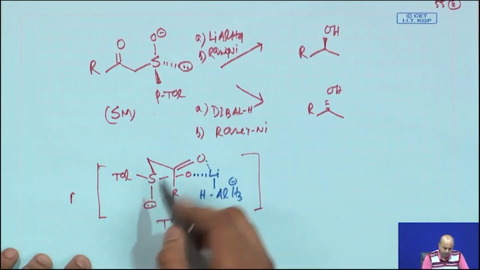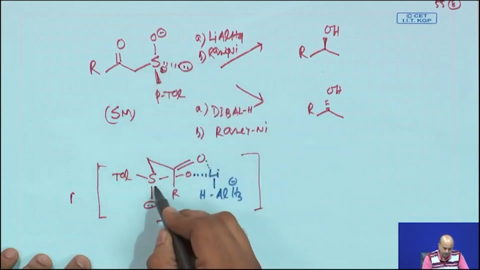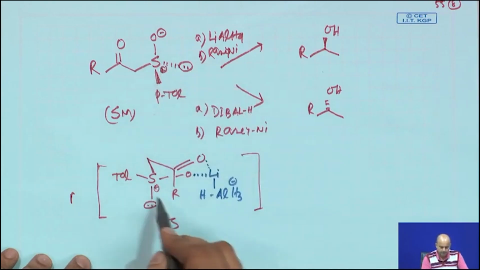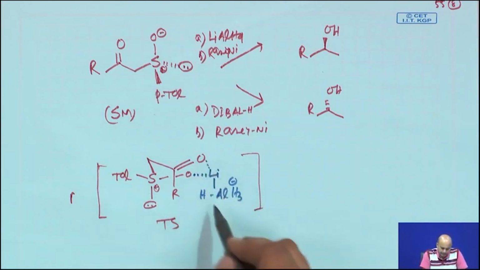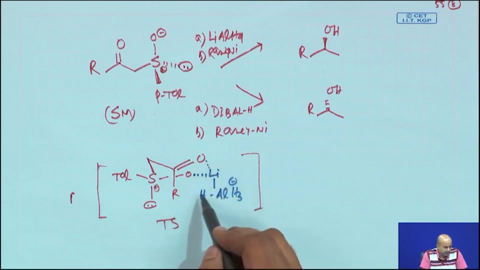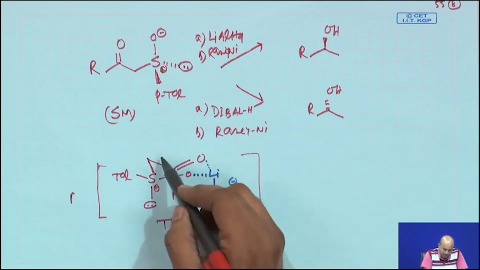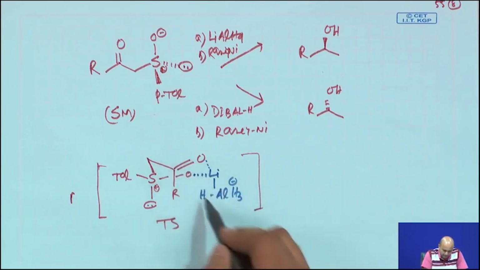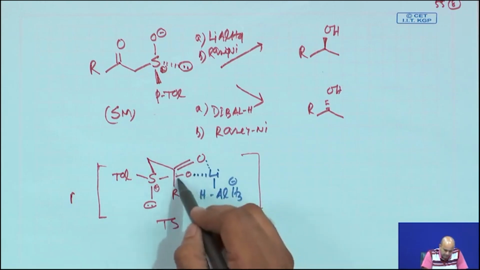The sulfur, particularly, you can write it as S plus, the chirality remains basically similar. Now, as this is basically a chelation, where will this hydrogen attack from? This will absolutely be attacking from this back side of this carbonyl. It will basically attack from this back side of this carbonyl